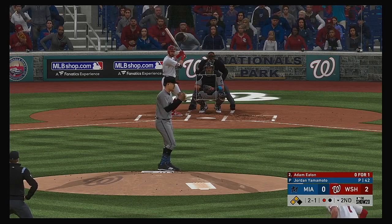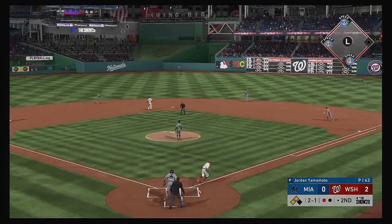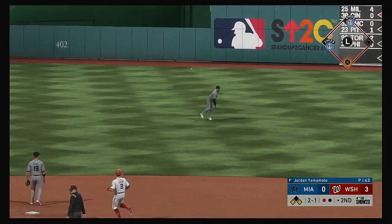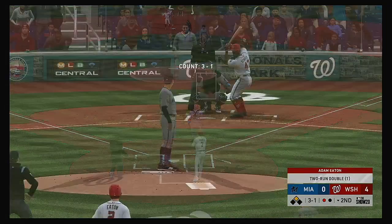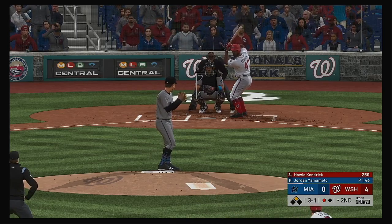He's not having his best outing in this one, and I think that curveball is part of the reason why. He couldn't get on top of that one, and that's not the first time that's happened. Oh, and this deflects right off him. And a relay to the plate. And not in time as he just crosses the plate. Now back, second baseman,